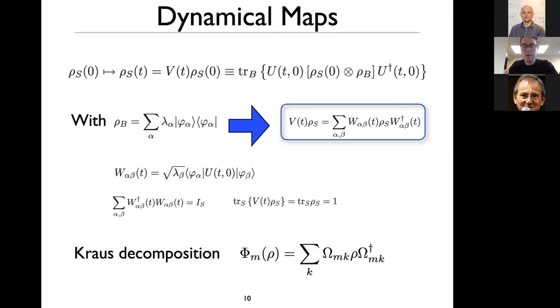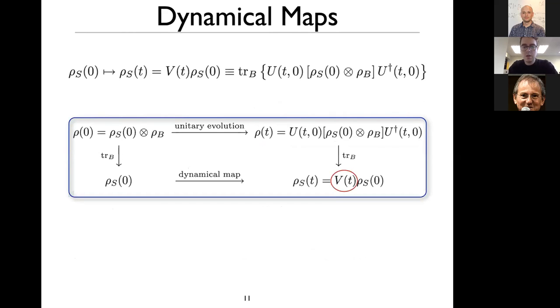The reason I wanted to talk about this briefly was that by construction, this dynamical map that I've introduced, V, is completely positive and trace preserving. So it maps a reduced density matrix at time t equal to 0 to another reduced density matrix at time t. Here I've provided a commutative diagram that basically